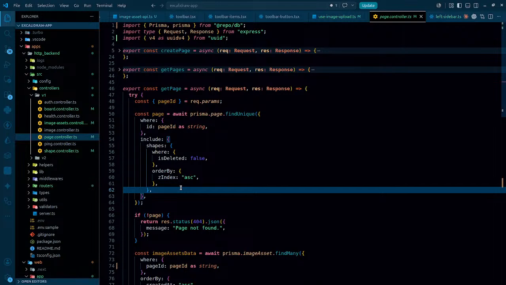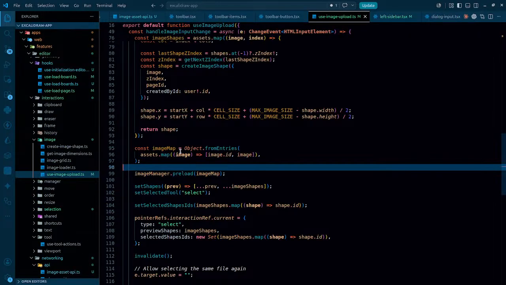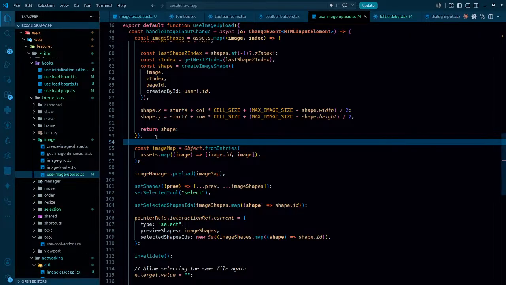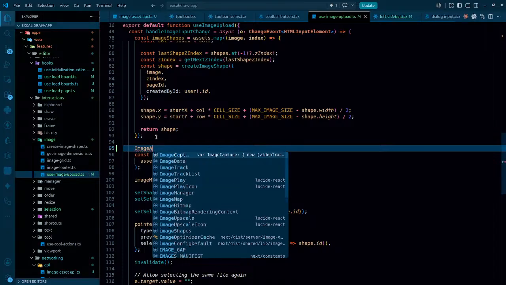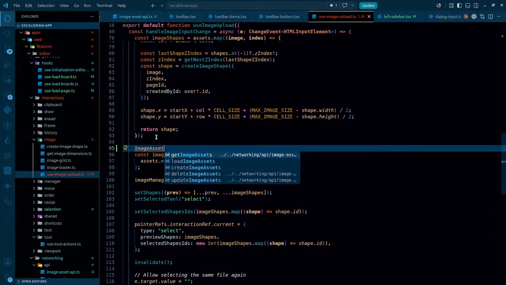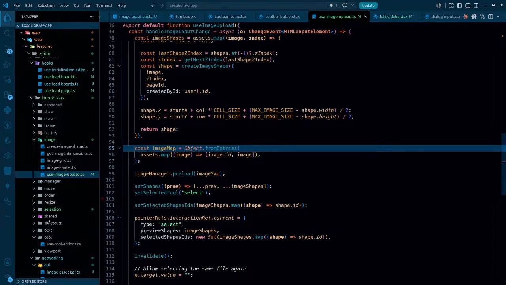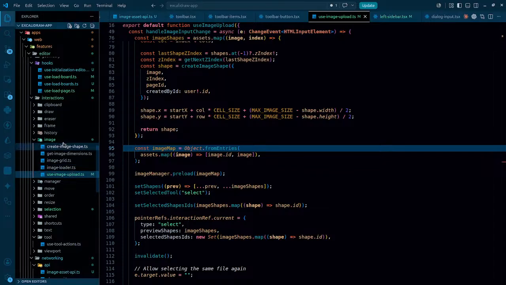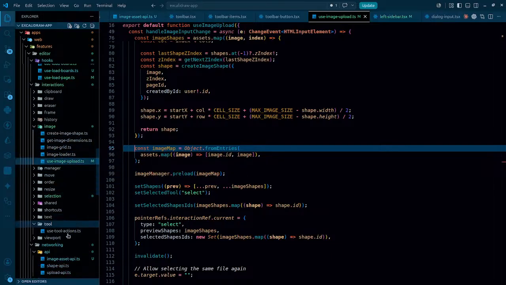It's hard to find the right type when it's needed. That simply means we have to keep the types at the right places so that we can easily find them. All the types related to the image should be here, but they are not here. Anyway,